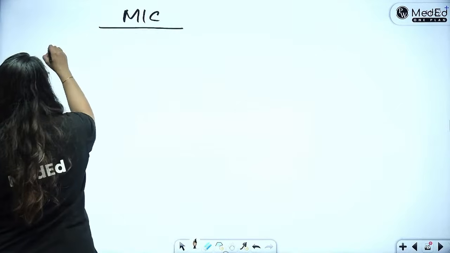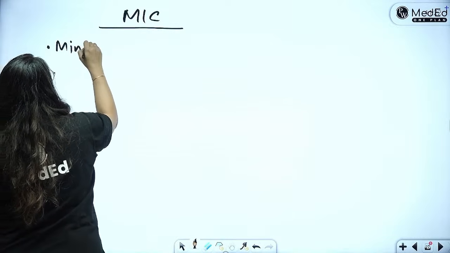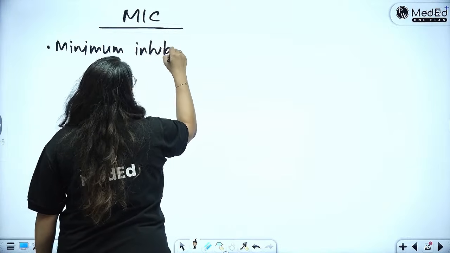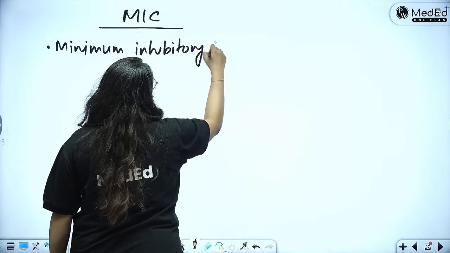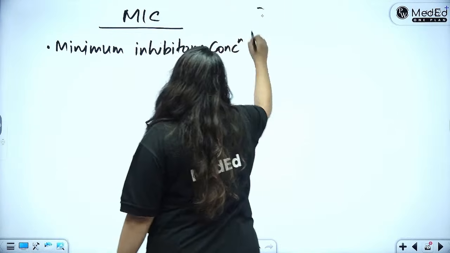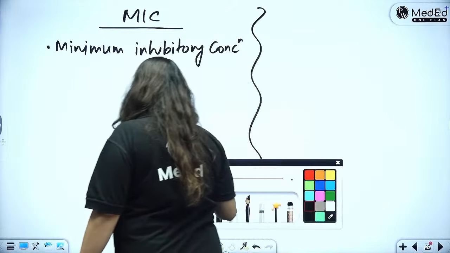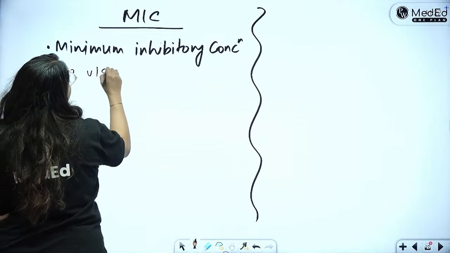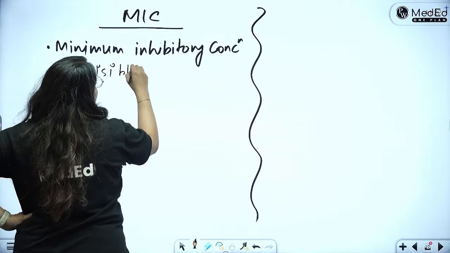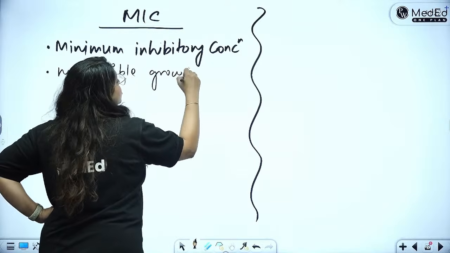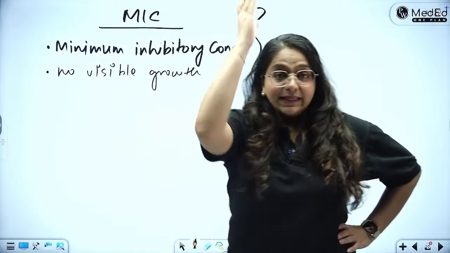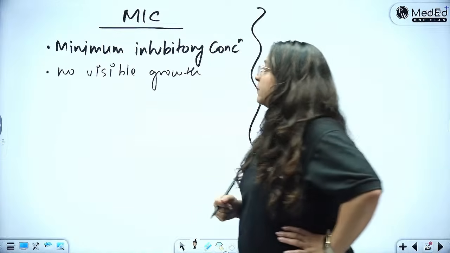MIC stands for minimum inhibitory concentration. Concentration of antibiotic. What does it tell me? It is that point at which no visible growth is possible. So what is visible growth? It is turbidity. So the test tube in which I stopped seeing turbidity, that concentration was the minimum inhibitory concentration